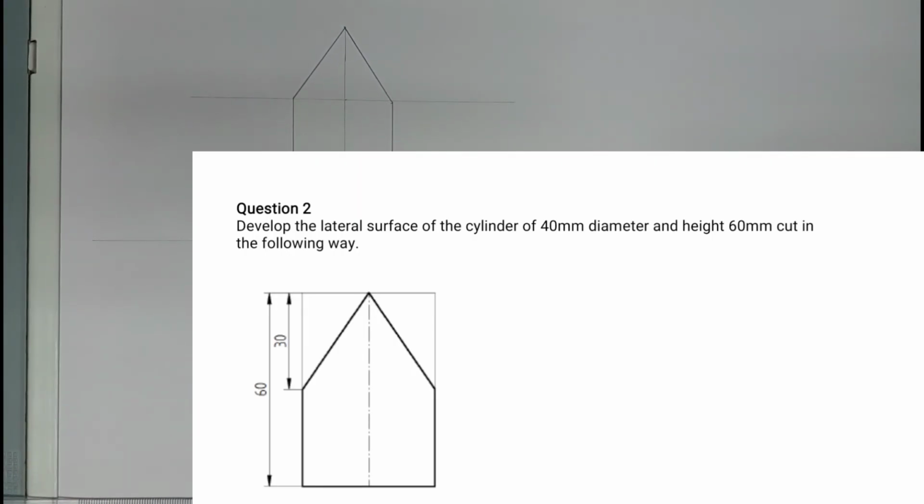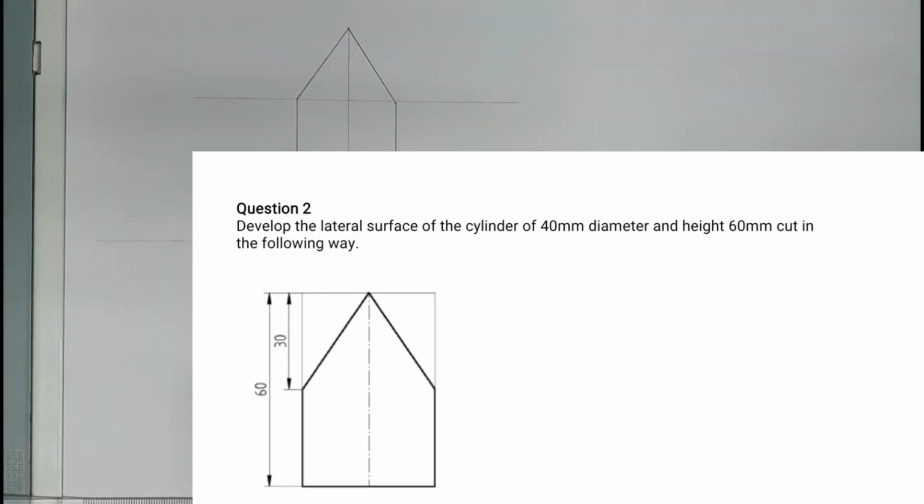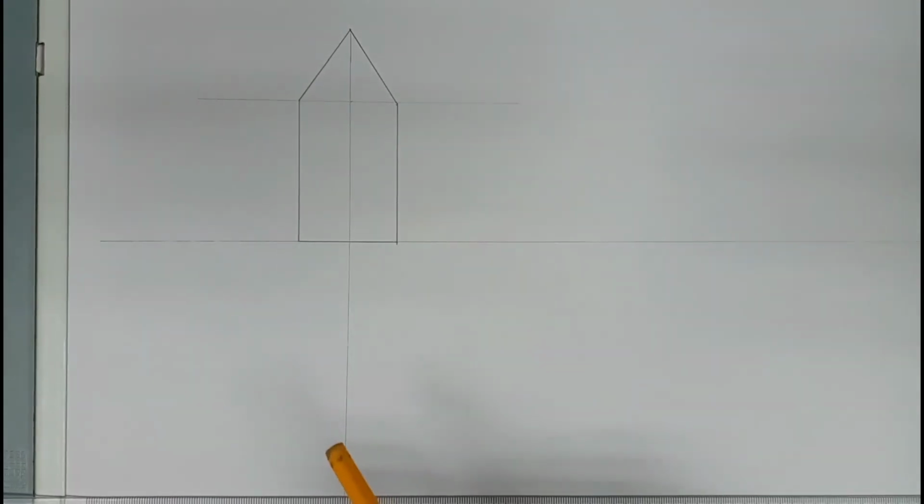In this video, we're going to talk about developments. So the first problem we're given a cylinder. We have to develop the lateral surface of the cylinder of diameter 40 millimeter and height of 60 millimeter, cut